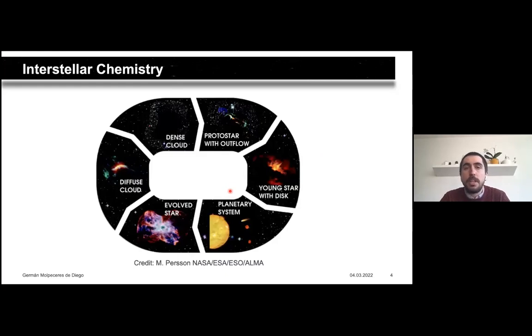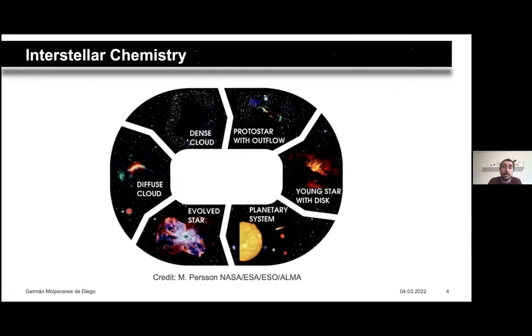For all of you that are not familiar with astrochemistry, everything starts with this cycle over here, which is the cosmic matter cycle. It tells us how matter traverses and travels around our universe. Of course, in every one of the different regions that I'm portraying here, there is a different chemistry going on. It's not the same, the chemistry that occurs on a planetary system, such as our solar system, or the chemistry that can happen on the remnants of a dying supernova.